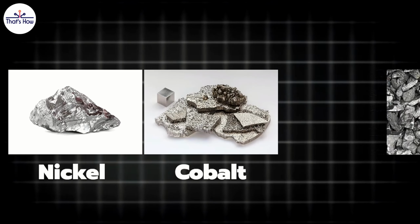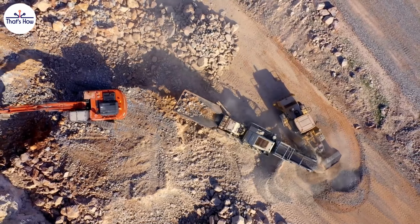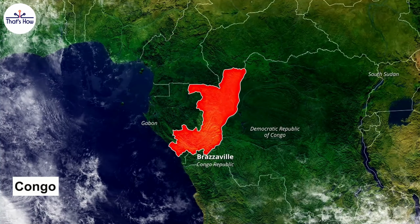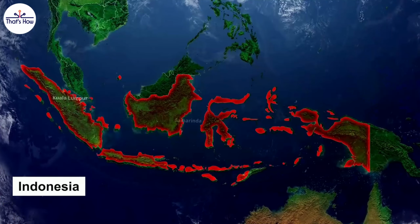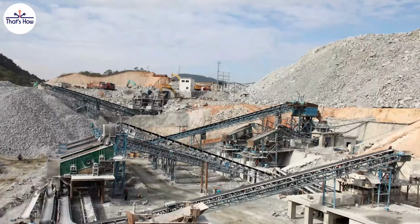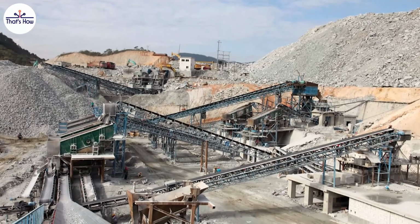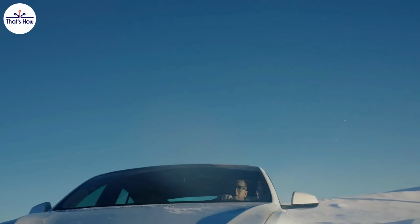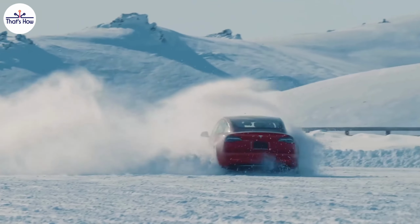Nickel, cobalt, and manganese. These metals are typically mined from underground deposits found in places like the Democratic Republic of Congo for cobalt, Russia, Indonesia, and Canada. Miners extract large quantities of ore, which is then crushed and processed to separate and purify the metals. Nickel is particularly valuable for EV batteries because it boosts energy density, allowing cars to travel longer distances on a